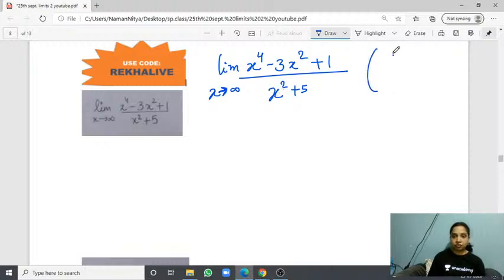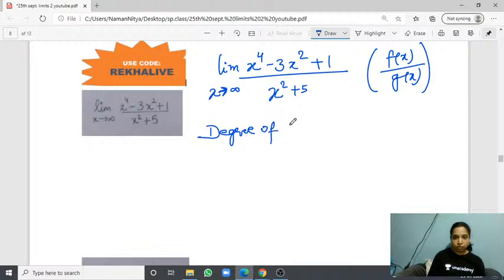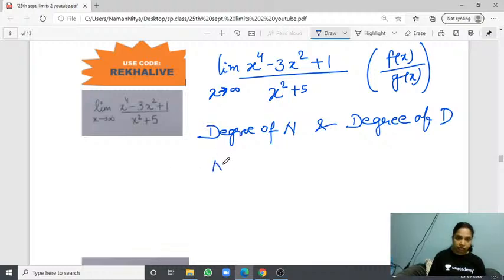Obviously this is a kind of function which is f of x divided by g of x, right? In this form only. In this case you just check the degree of numerator and degree of denominator. If n is greater than d, meaning numerator degree is more than denominator degree, then the answer will be infinity. If n is less than d, then the answer will be 0. And if n is equal to d,